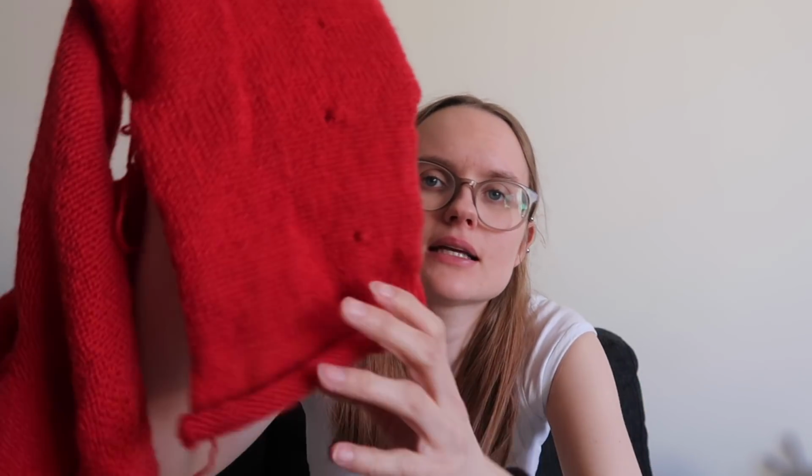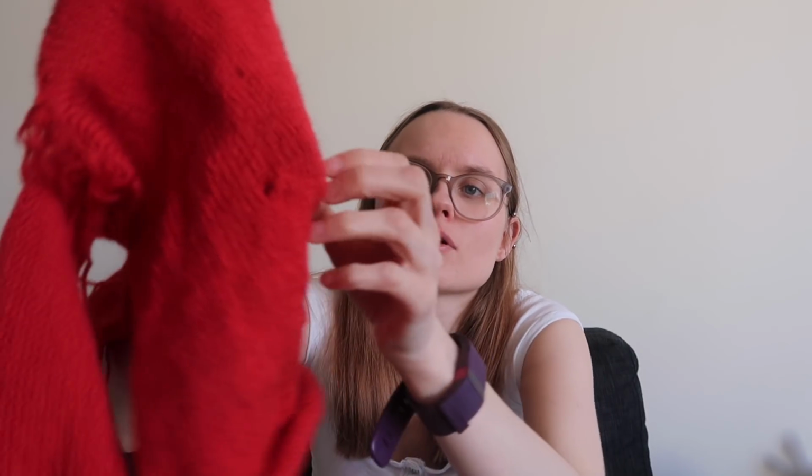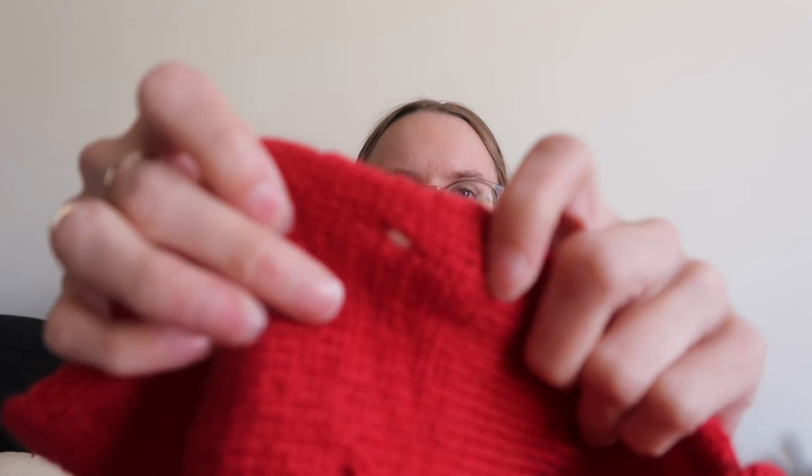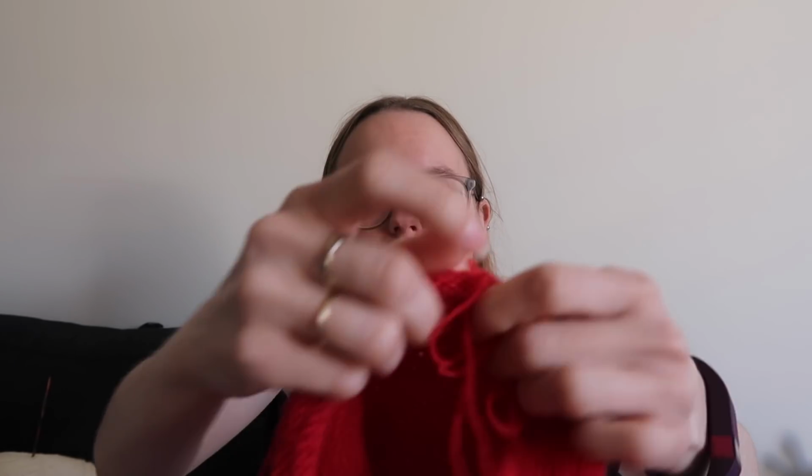So I cast on twice the amount of stitches for each front piece. This is the inside, and I put in 1 purl stitch for the folding edge. So this buttonhole, I see the 2 buttonholes here are the same buttonhole. I'm going to fold it over, and that's 1 buttonhole. I grafted it in the top, so I think it looks fine, and I'm not sure if I'm going to do anything more around the armholes. I haven't really decided. I have to sew in the ends, sew down all of this that is going to be folded in, and I need to